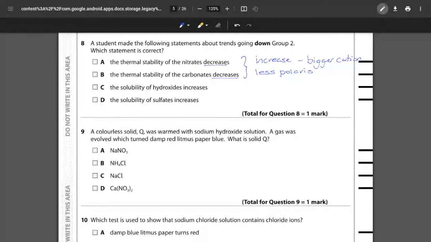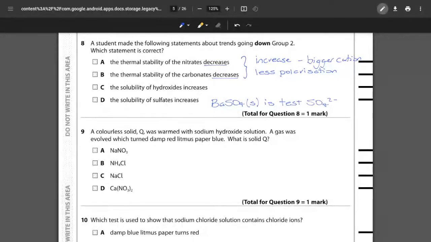And remember, in order to get thermal decomposition, you need to have polarization of your anion by your cation. So when we have this less polarization, in reality, these are more stable. Now we have to look at the C and D, which is solubility, and hopefully you remember that for D, the solubility of the sulfates, we know that the test for sulfate is when we make barium sulfate. So the formation of that precipitate is the test